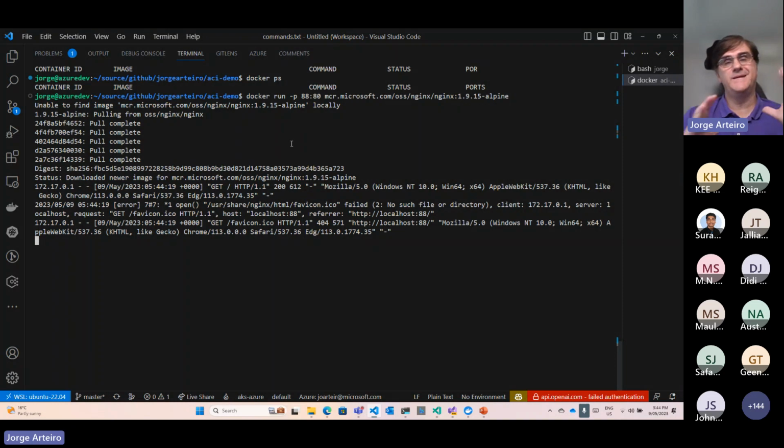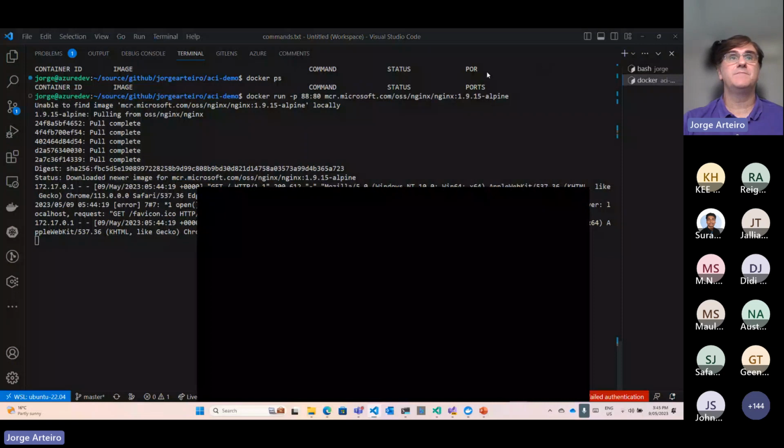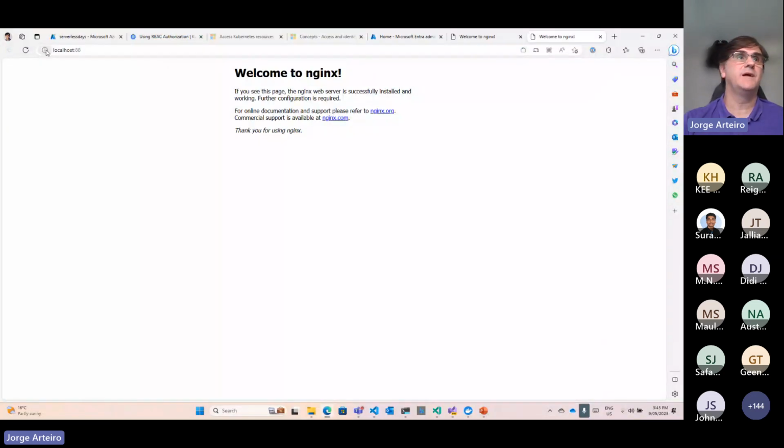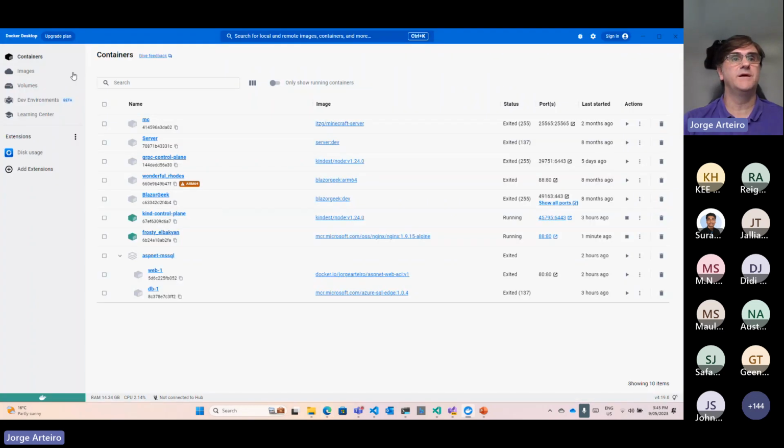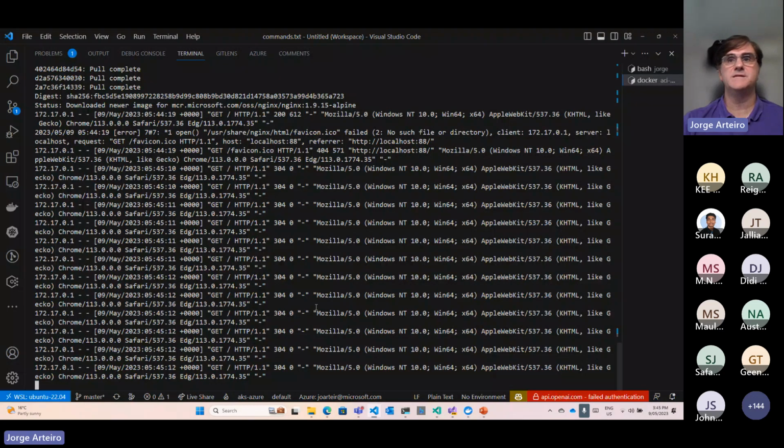If you want to run completely detached from your bash, your shell, you have to put a -d here as well. How can I prove that? Let me call the web browser multiple times, refresh here multiple times, and go back to the logs. And there you can see all the logs inside the container.